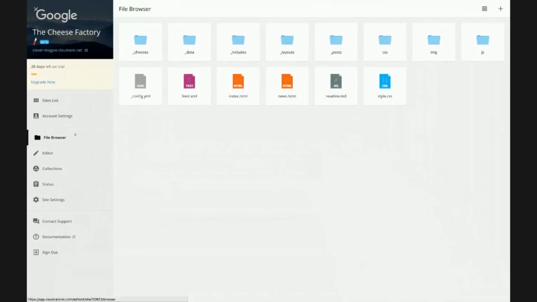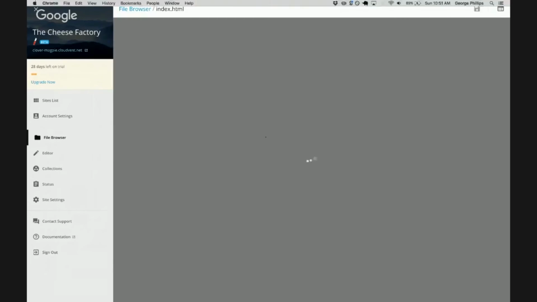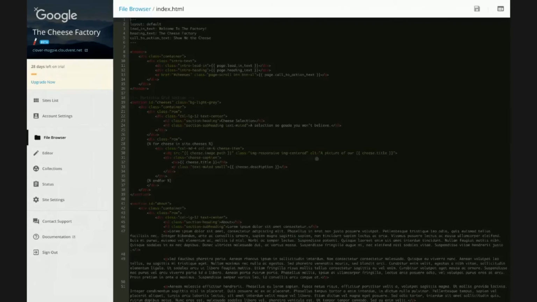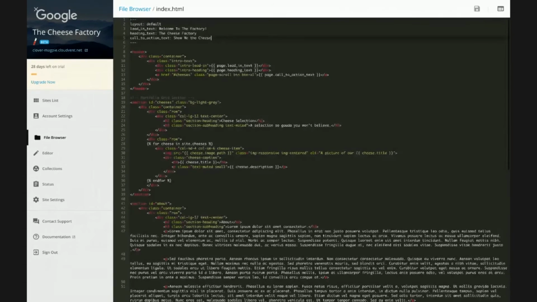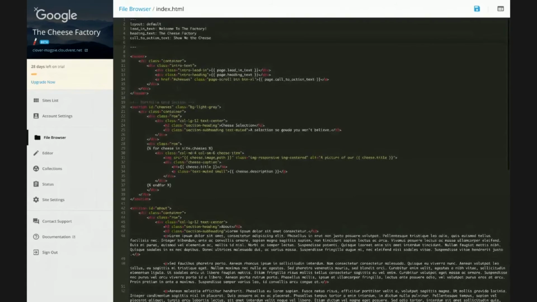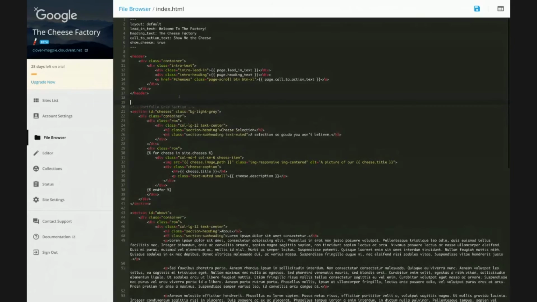I'll jump into another demo. I'll show off another part of the interface. So in this example here, I want to add a new section so that if the person decides, they can hide the cheese section. Show cheeses. I'll just add a Boolean value, and I can go show cheeses, and here I can go if page.show_cheeses. I need an extra S there. And